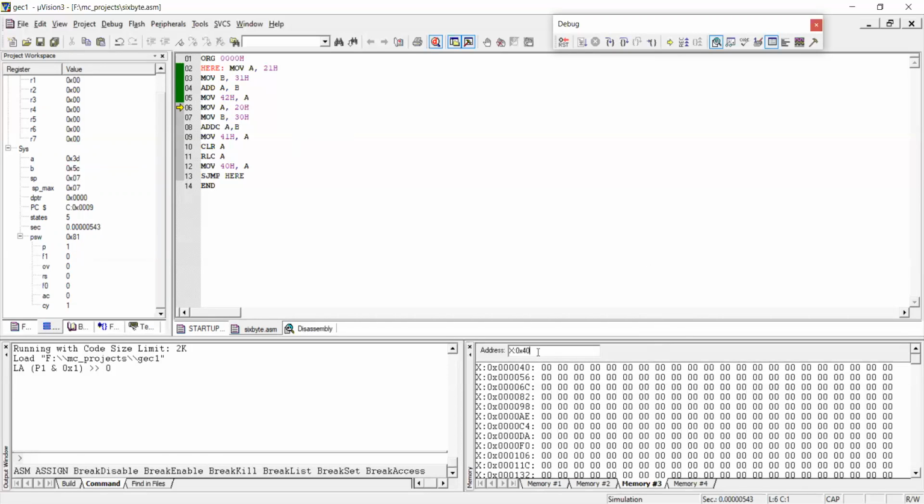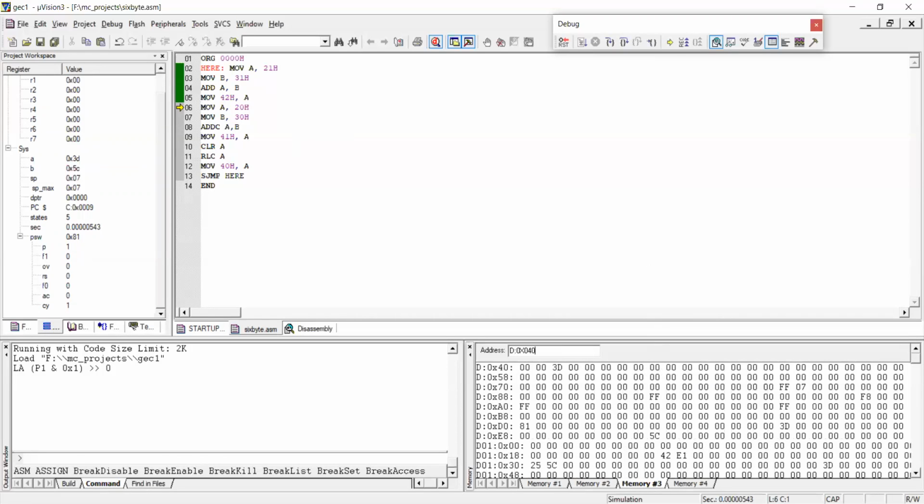You can go here. You can see in 42 what we have, this is 40, 41 and 42, and 42 is having the value of 3D now.